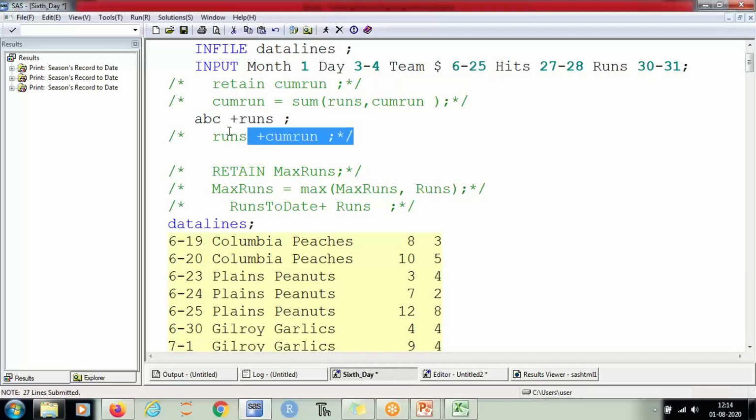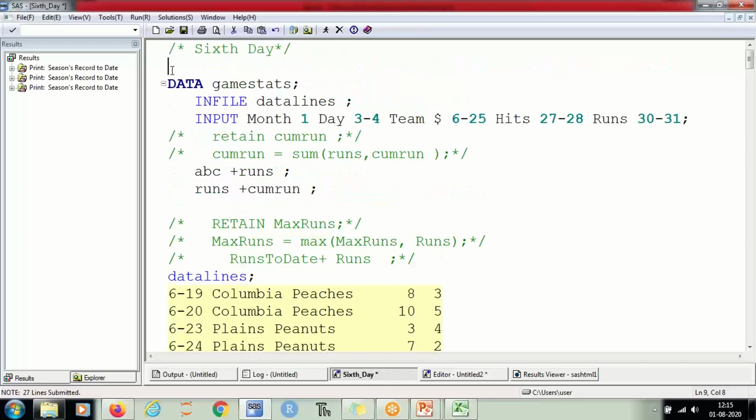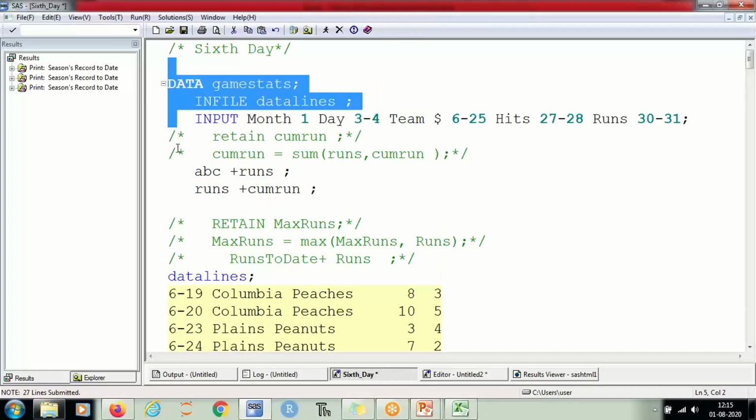Right? But if you run your program in this manner, which means if you write runs plus cumrun, this will not work. Reason being, in a sum statement, you write runs plus missing, right? So what will be assigned to the runs? A missing value. So this will remain missing till the end.